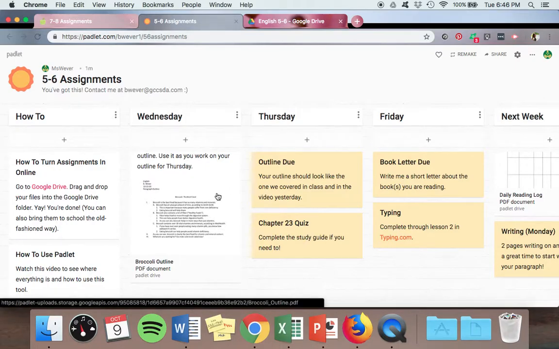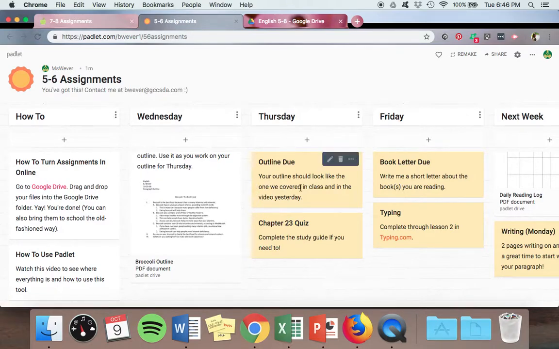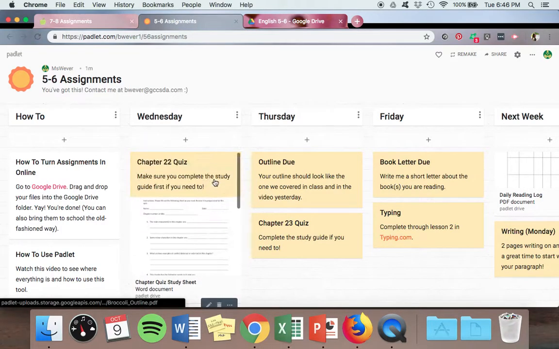When you are scrolling up and down, you must have your mouse on this column. So I cannot scroll on Wednesday's column if my mouse is over here. That's just a quick tip. Don't forget to check this. You can have your parents check it. It does not